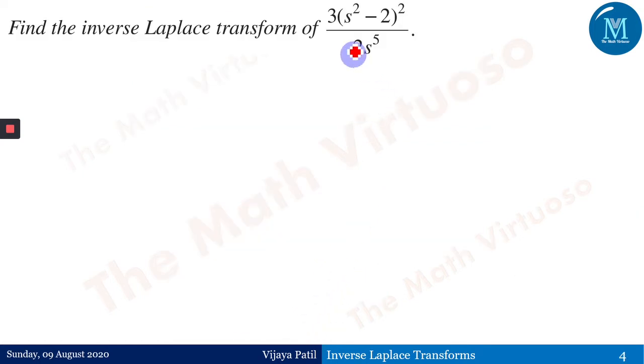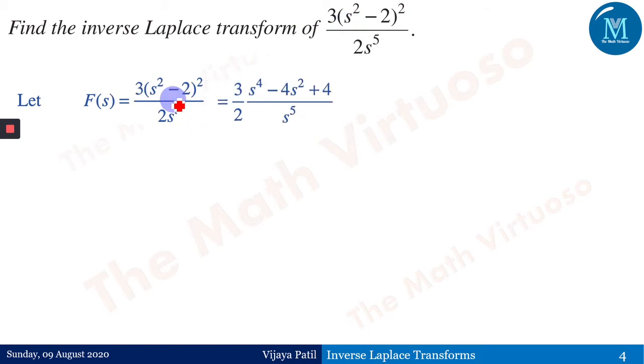One more example: 3 times s square minus 2 the whole square by 2 s to the power 5. This is my f of s given to me. Now we'll expand s square minus 2 the whole square. It is a minus b the whole square, so it is a square minus 2ab plus b square. Therefore it is 3 by 2 times s to the power 4 minus 4s squared plus 4 upon s to the power 5. Again, separating the numerator here,